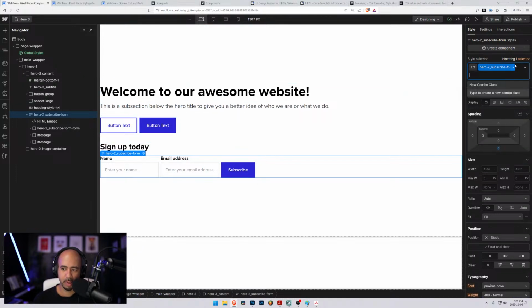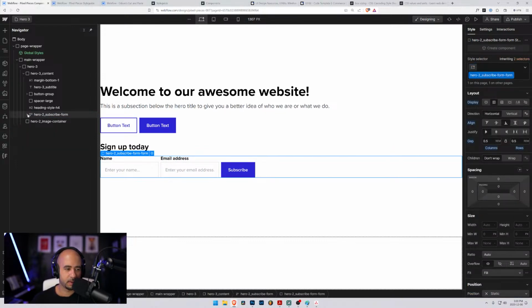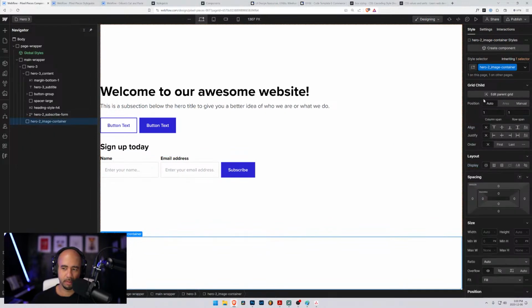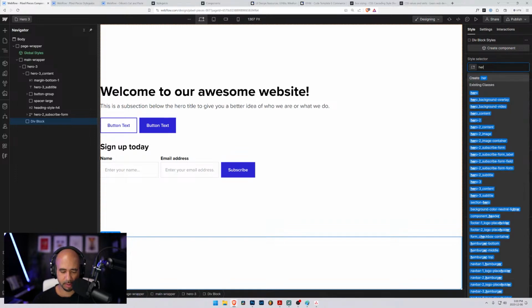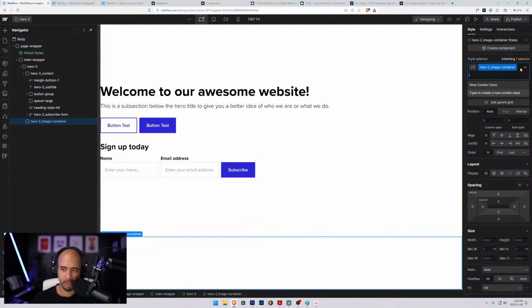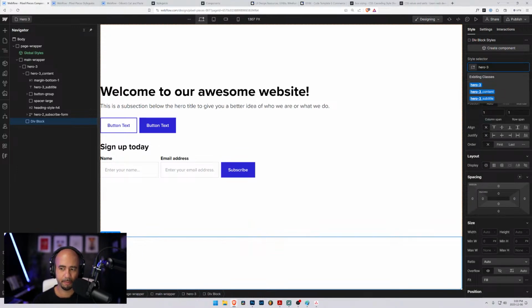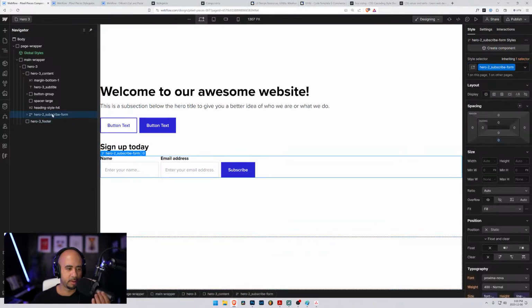We're going to go with Hero 3 subscribe form. Actually, you know what? We're going to need to take that out and cut and paste it. Hero 3 image container. I'm just going to call that footer for now. I don't think that's the appropriate name, but